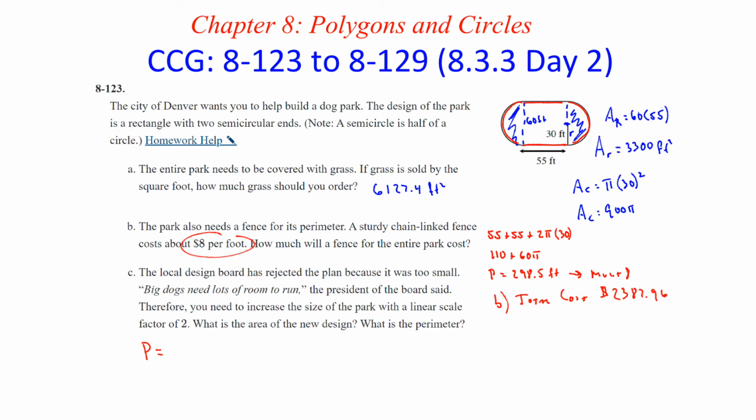So if the perimeter was, where was it at? 298.5 feet, and then you just double that, then that will be your new perimeter of approximately 597 feet for the perimeter. Remember, if your R has a linear scale factor of 2, then your area is going to be squared, so that would be 4. So now we're going to take the area, which was approximately, let's go back to the top there,